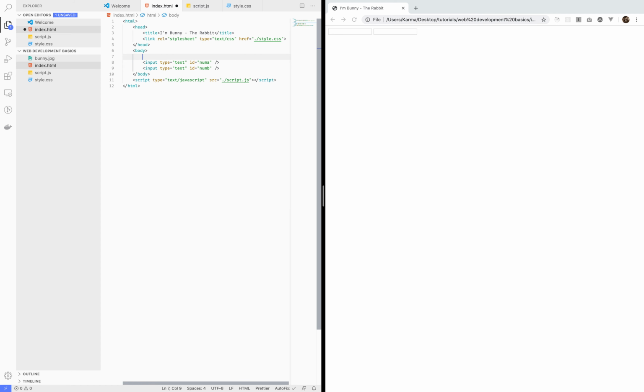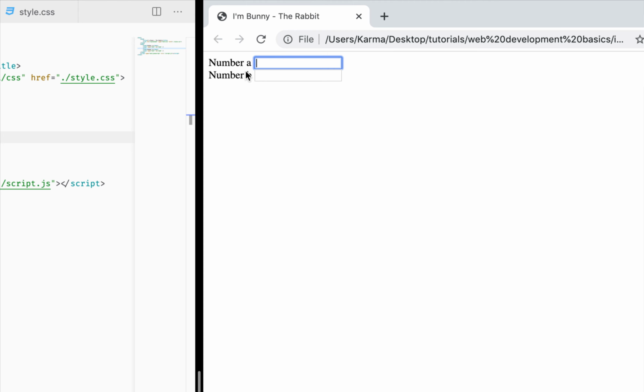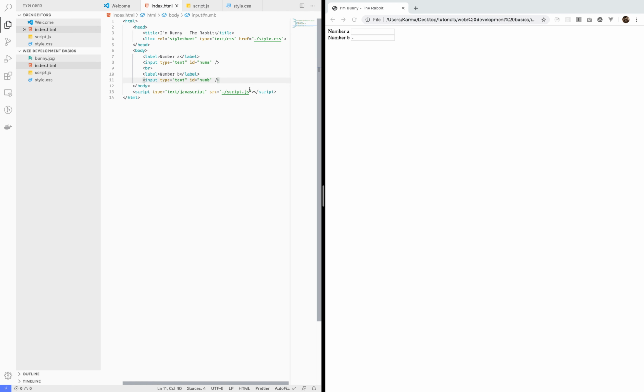So I will just add a label here saying number A, and another label here which will say number B. So we can just add a break here, right? So we refresh this, you see that we have a text number A and a number B. So we can just add another button here